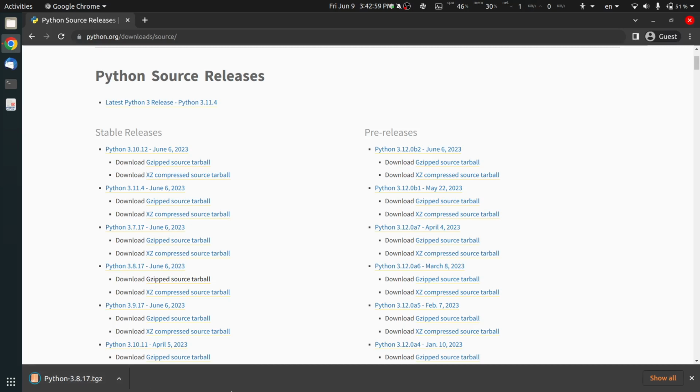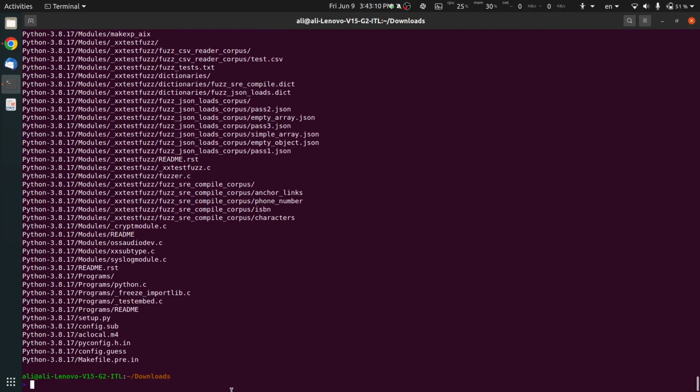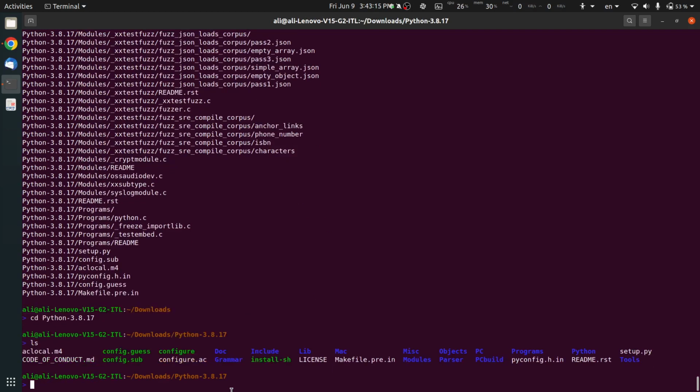So now it is downloaded. Let me navigate to the directory and extract it. So here we can see the contents of the extracted Python file, and before going forward I would like to tell you that in the source code of the applications usually there is a configure script for the applications which